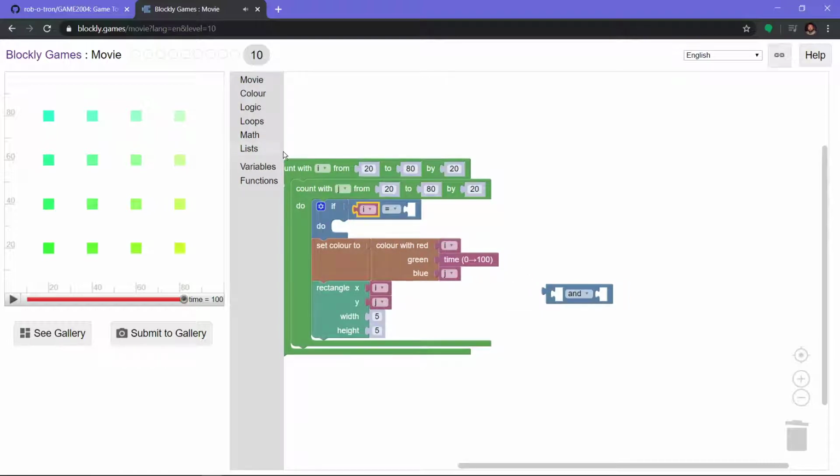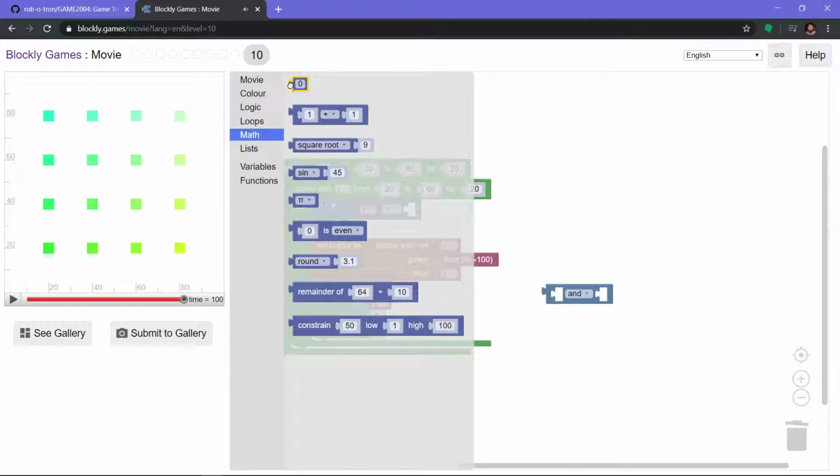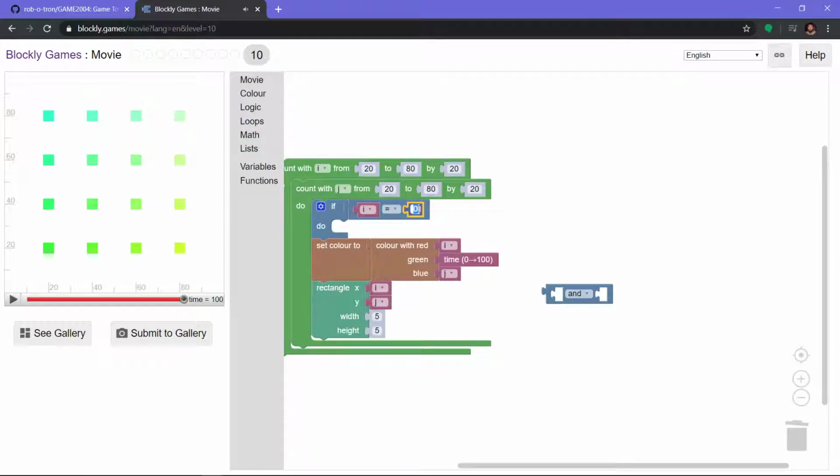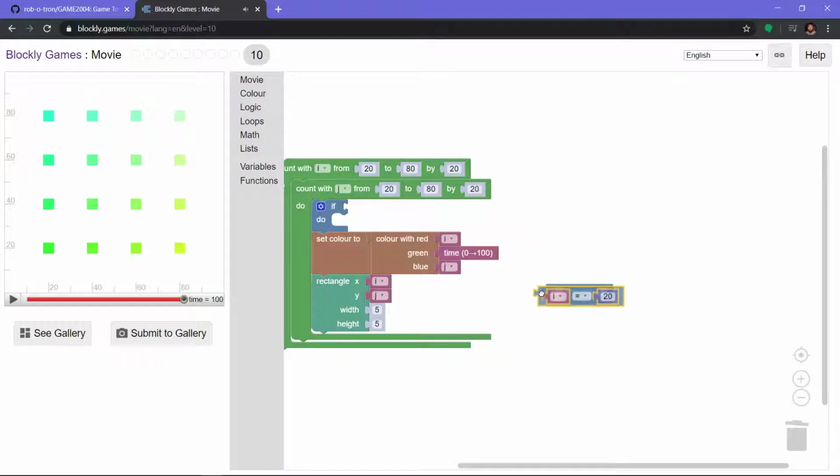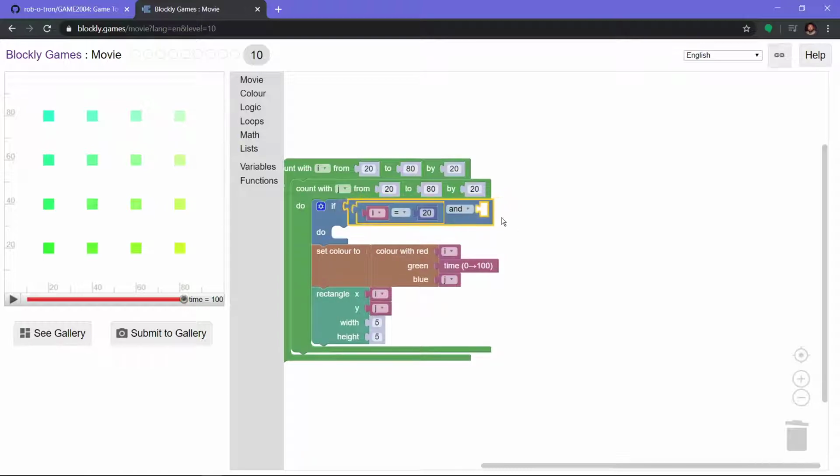So if i is equal to 20, yeah, this is definitely not the easiest way, or the quickest way to solve that problem, and using text is definitely so, not and but or. So if i is equal to 20 and if y is equal to 20,